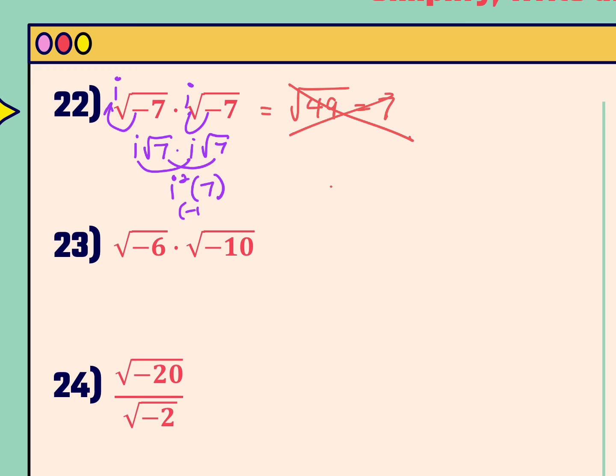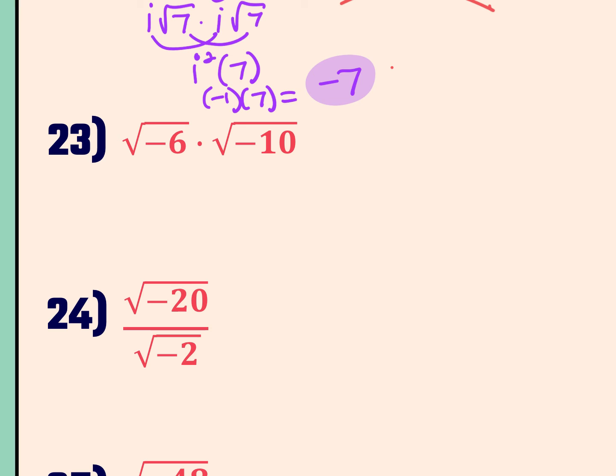I squared is negative 1 times 7, and my answer, which is the correct one, would be negative 7. So again, you want to make sure you take i out before you simplify. So looking at 23, I could take the i out,